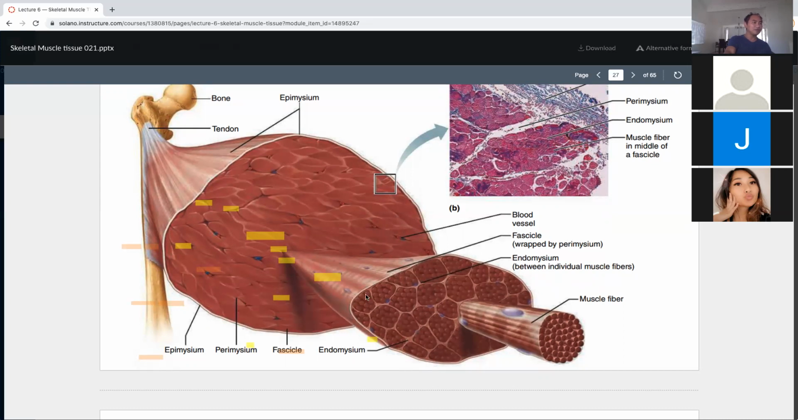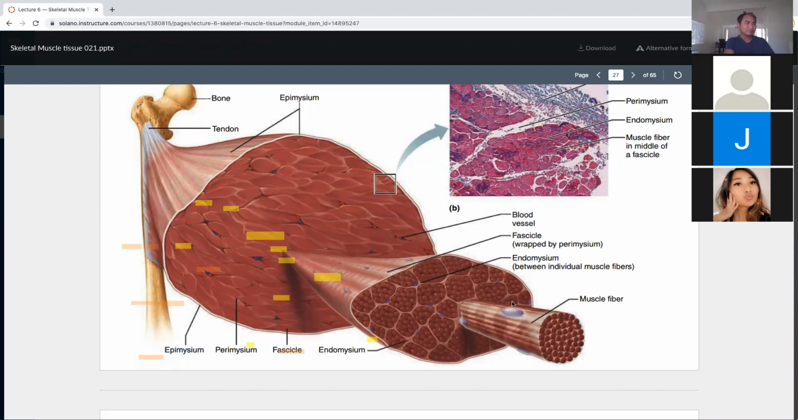Perimysium. Where is perimysium? Here. Perimysium will wrap around the muscle fascicle, and epimysium will be wrapping around the muscle. Where is it? Muscle fascicles,